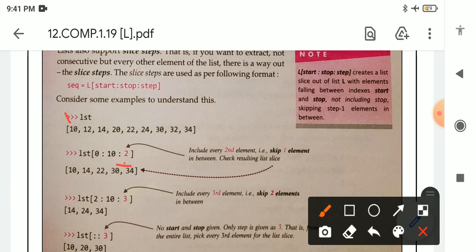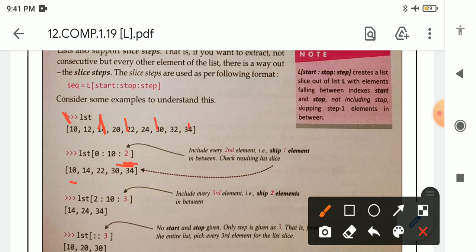But see here, 2 is given, means we will not take all elements, we will take limited elements. How? See here, first we will write 10. After that 2 is given, so we will count from 10: 12, 14 we will write, after 14, 2 more means 22, after that 2 more means 30 we will write.